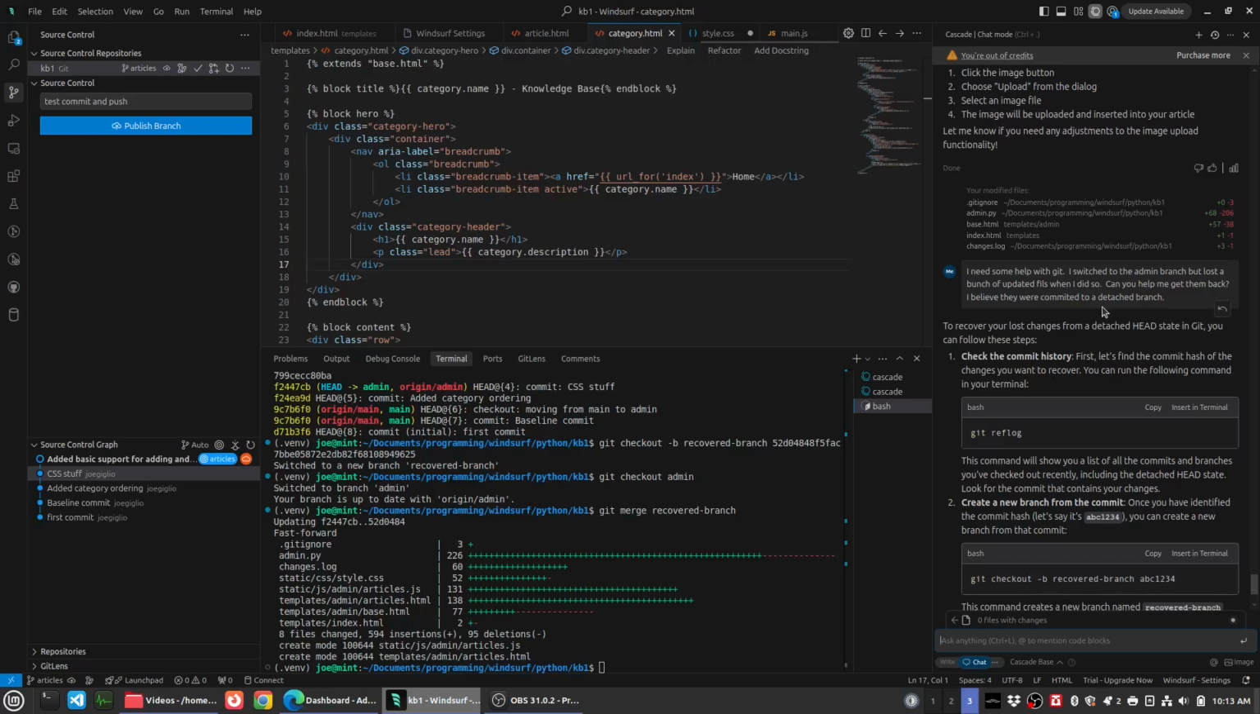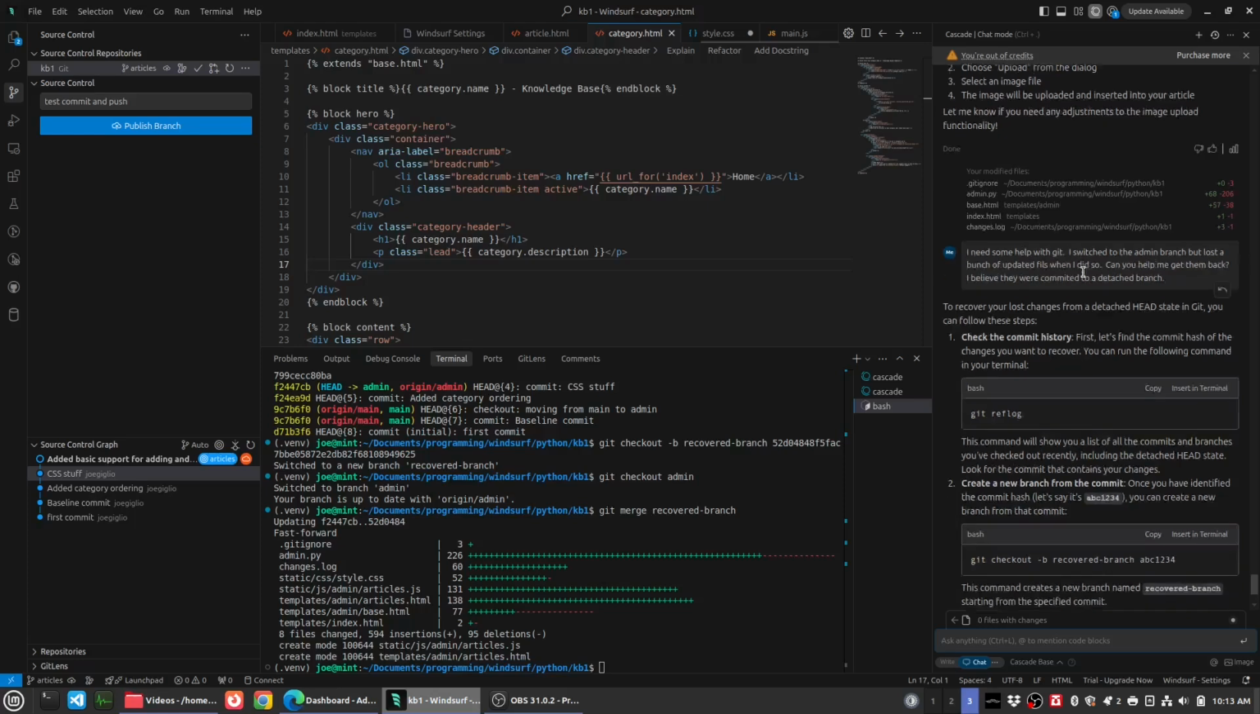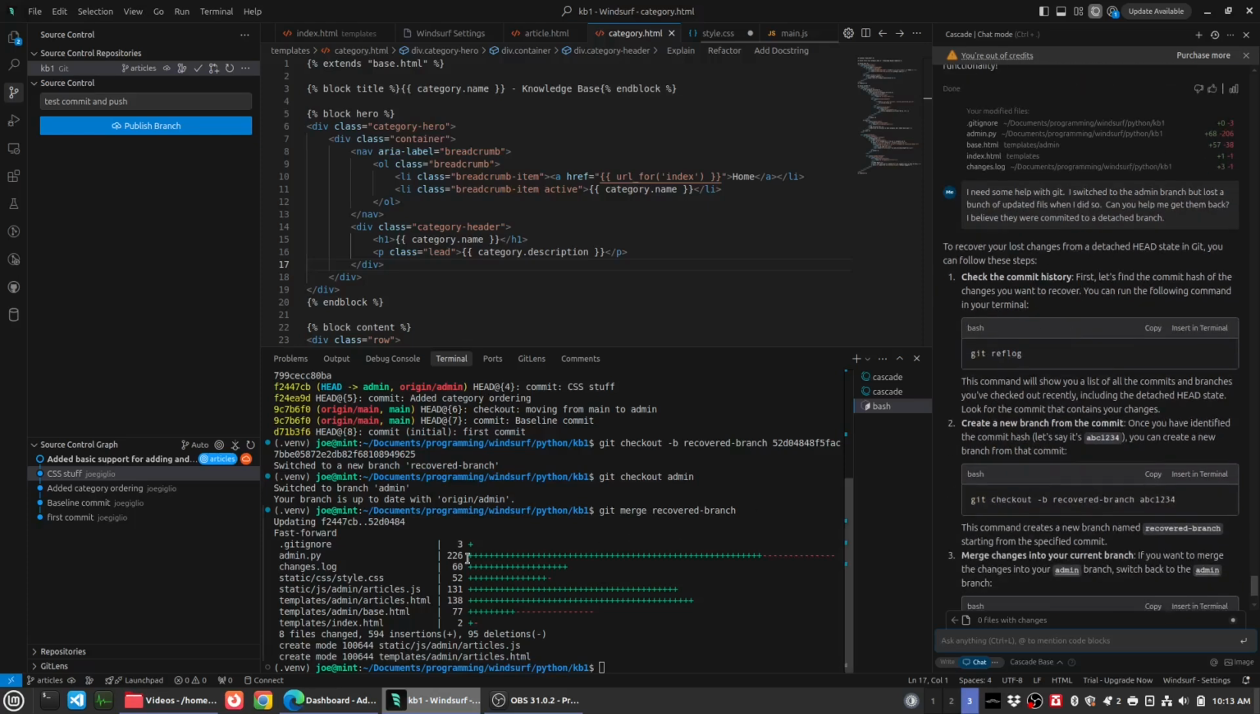I switched to the admin branch but lost a bunch of updated files when I did so. Can you help me get them back? I believe they were committed to a detached branch. And here are some Git commands that I ran from the command line: git reflog. I'm not even sure what that is. But if I do that again here,